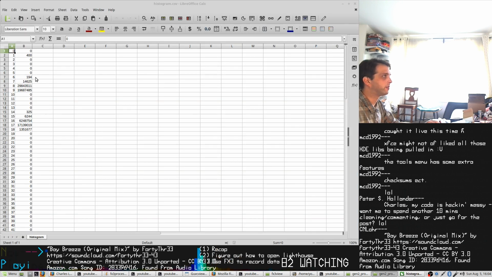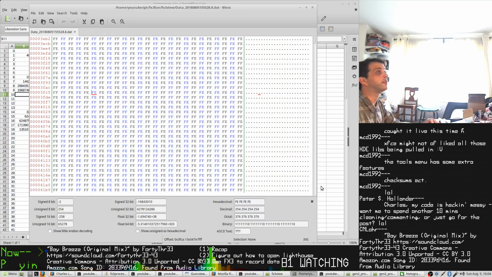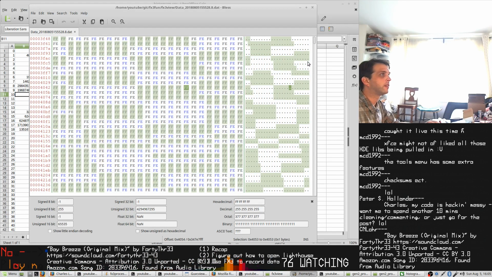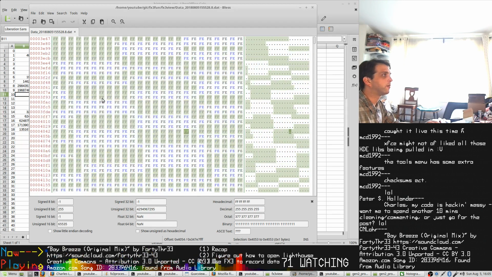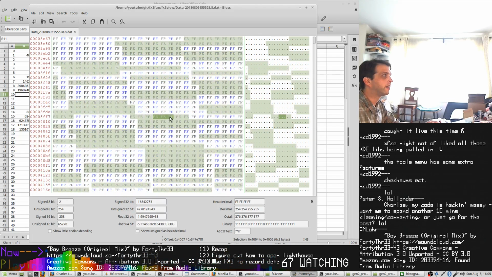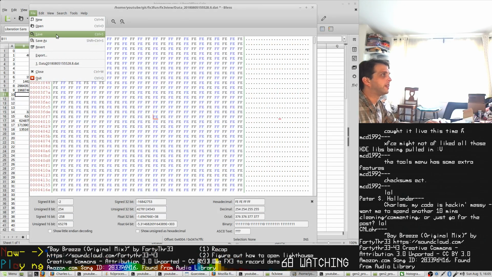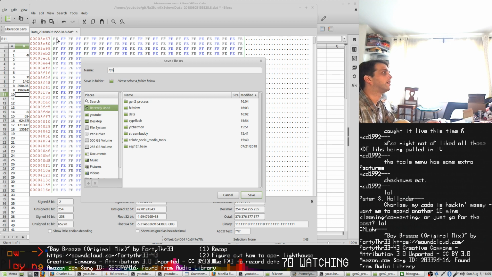I just want to make sure the data still looks good. Yes, the data still does look good. So what I'm going to do is deliberately corrupt the data file just a little bit. Let's say right on the boundary, I'm going to have right here, let's say this happens. And I'm going to save this as